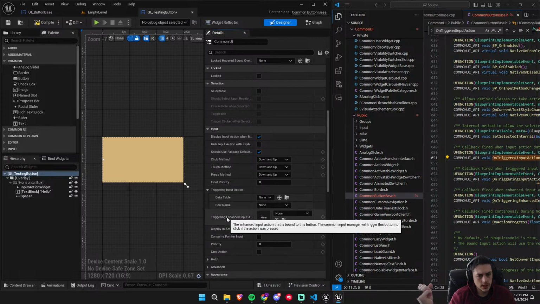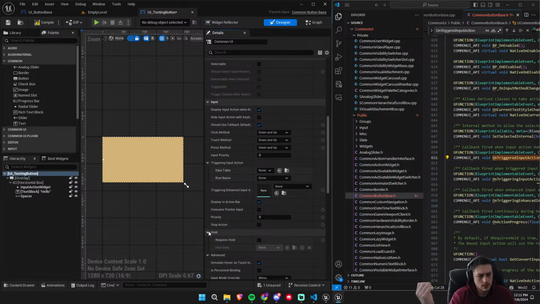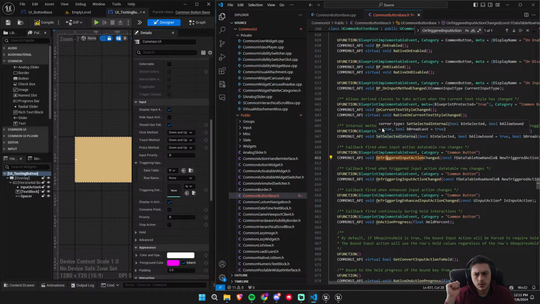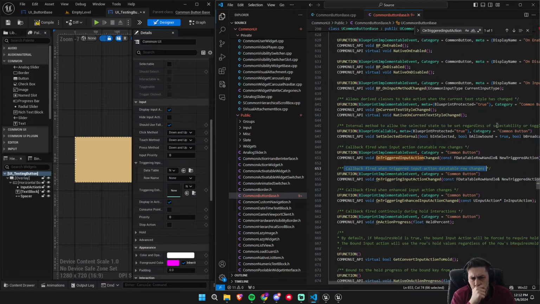And we have triggering enhanced. What the fuck did they do? Callback fired when input action data row changes. When triggered input action data table row changes. Wow, this